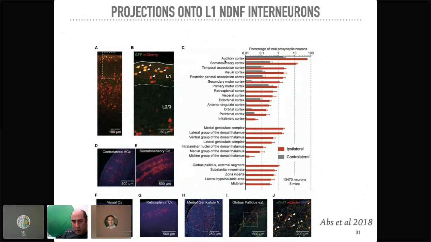So from sensory cortex, auditory and somatosensory and visual cortex, but also from the prefrontal cortex and the orbitofrontal cortex and other places in the cortex, but also from the thalamus, and also from some midbrain areas. So the input that arrives to this layer 1 is very rich, and it's very different from the thalamic input that comes to layer 4, for example, or to the other layers of the cortex.